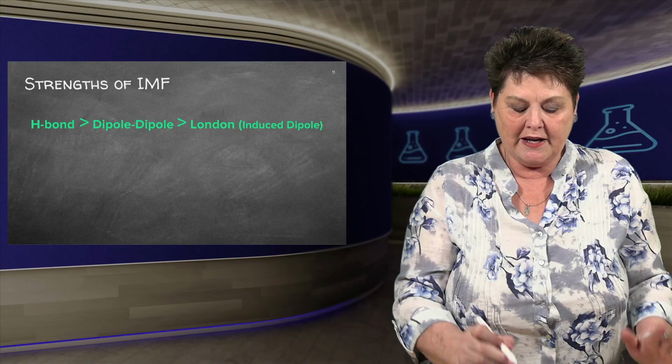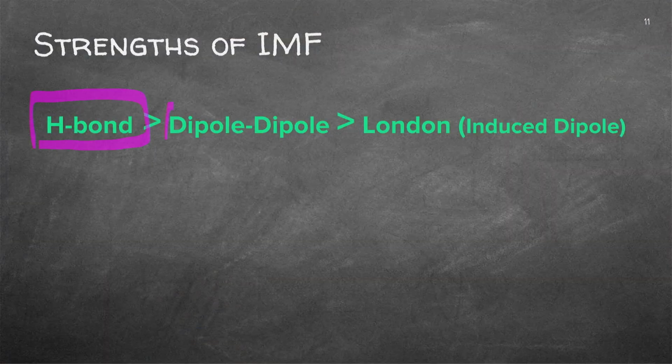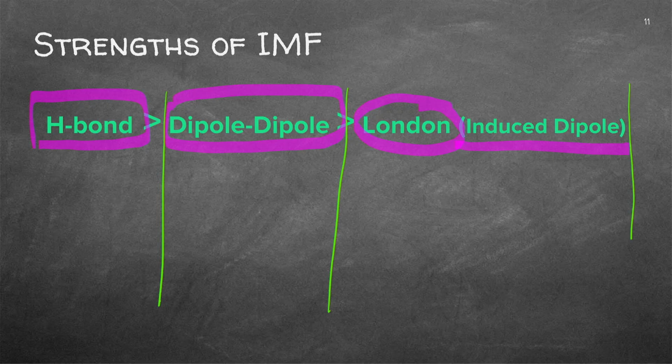Right, the strength you've got to know. The first one is the hydrogen. We said it's the strongest. Then the dipole, and then the induced dipole, the one where it moves, which is also named the London forces. Now, guys, you need to know which of the organic compounds have those specific bonds. Now, I'm going to draw it here, but you can have a look at any textbook, any summary will give that to you as well.